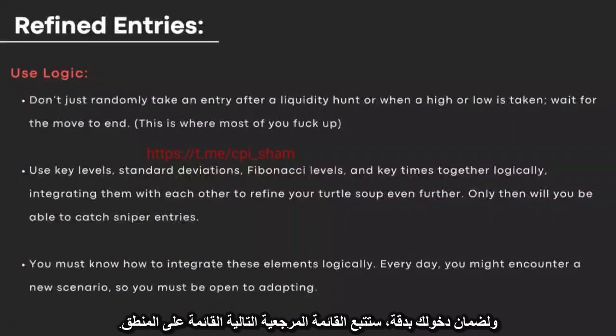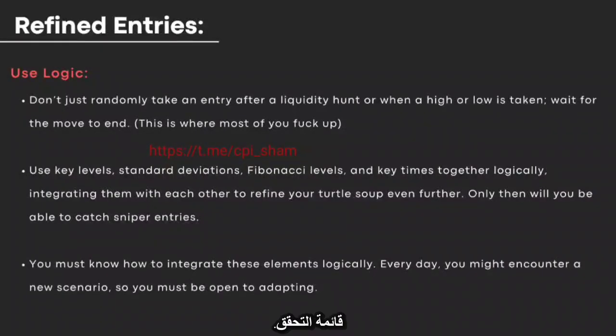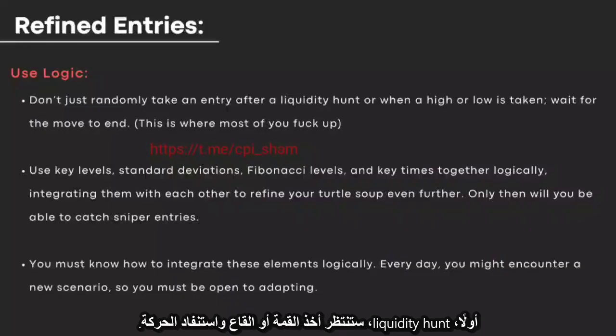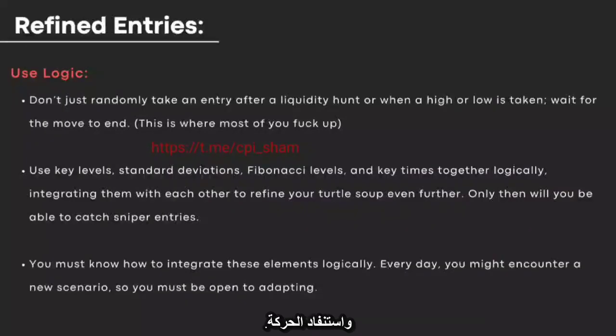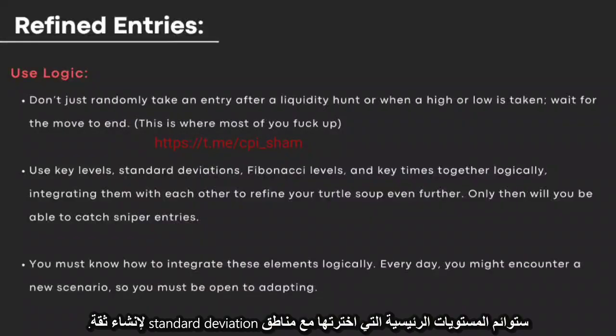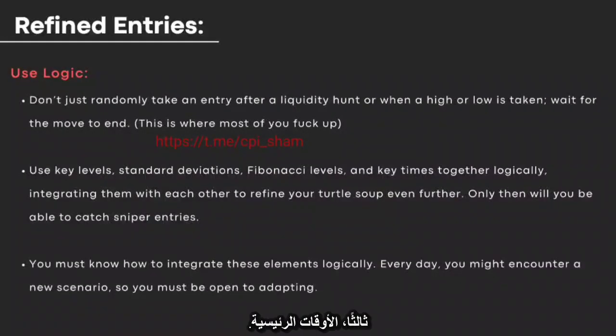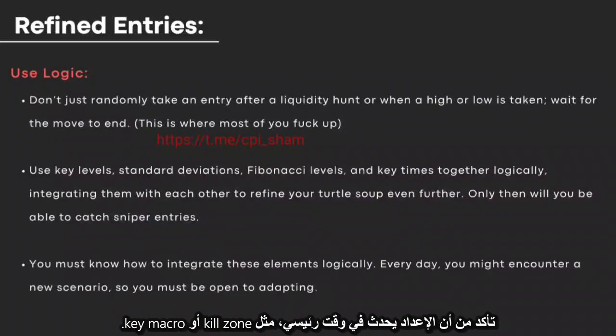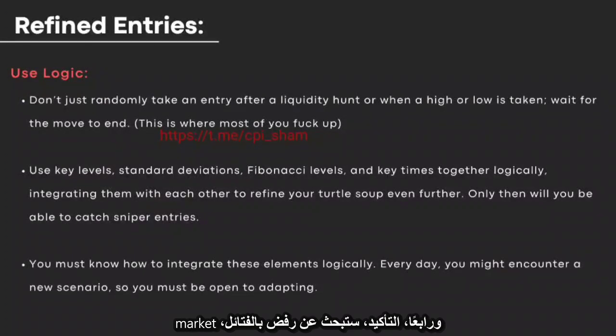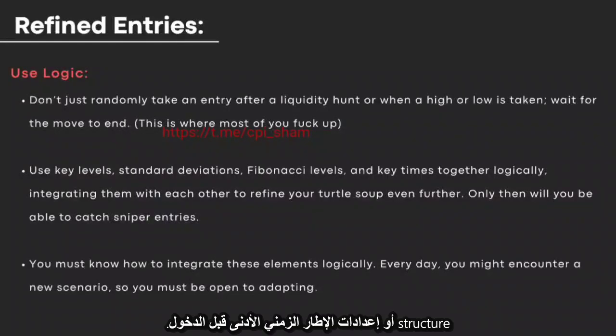And to ensure you're entering with precision, you're going to follow the following logic-based checklist. First of all, liquidity hunt: you're going to wait for the high or low to be taken and the move to exhaust. Number two, key levels and standard deviations: you're going to align your chosen key levels with standard deviation zones to create confluence. Number three, key times: make sure that the setup occurs at a key time, such as a kill zone or a key macro. And number four, confirmation: you're going to look for a rejection of wicks, shift in market structure, or lower time frame setups before